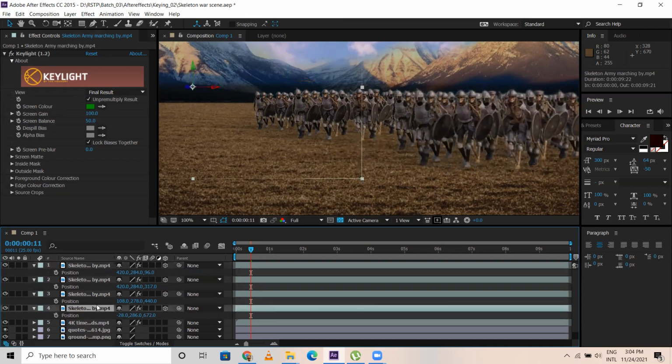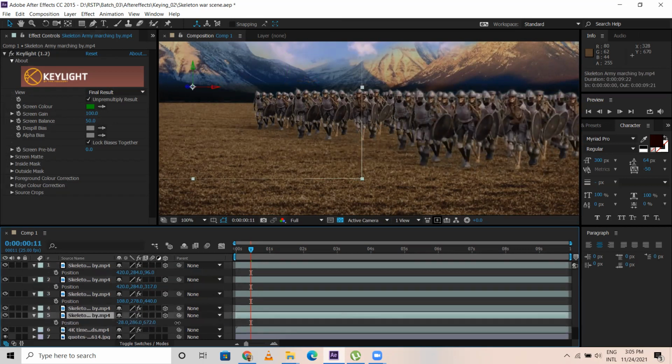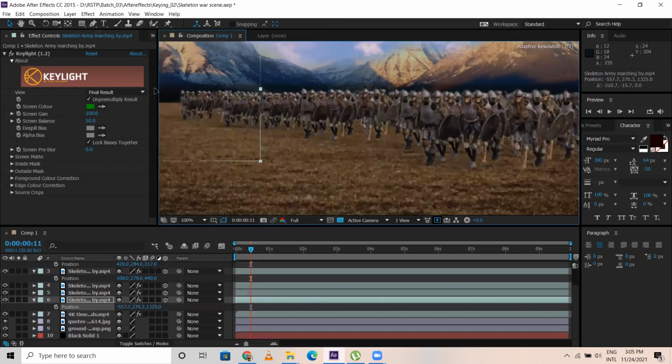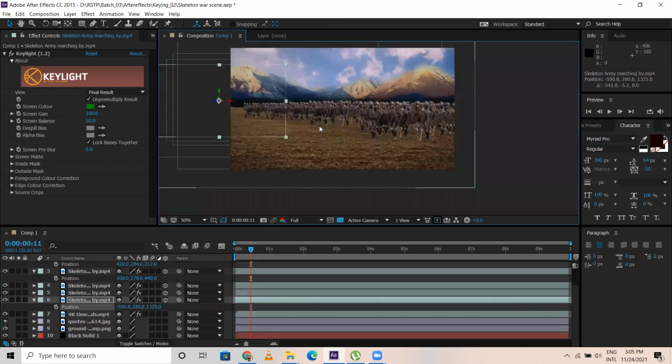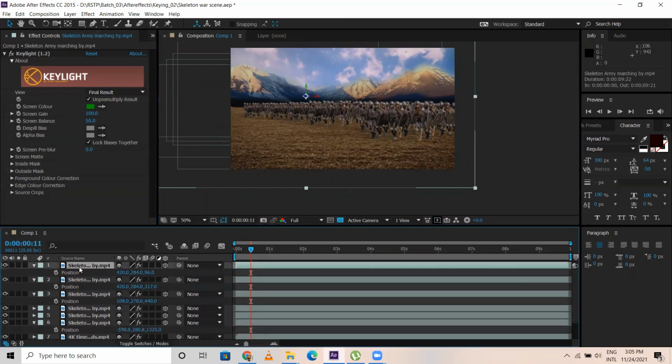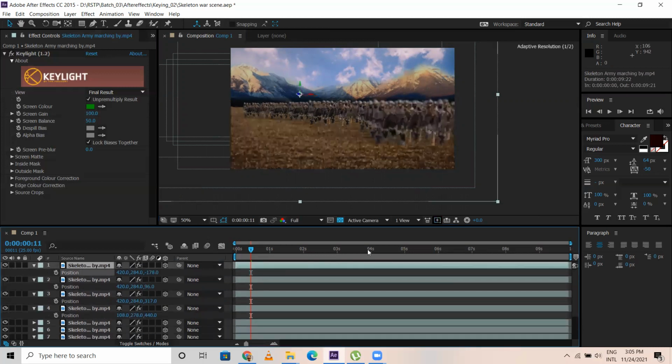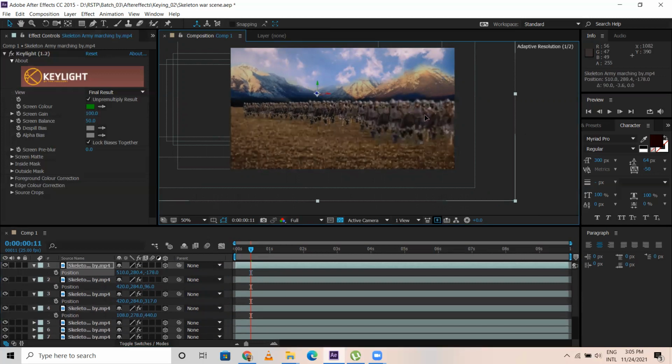Even the same thing, you can duplicate this bottom one, select this, move them a bit back and get them here. You can even duplicate this, select the bottom one, move them a bit back and just get them here. Like more and more, that's what I would like to mention. So let me select the front one. I would like to duplicate this. So position, get them a bit front and over here like this.